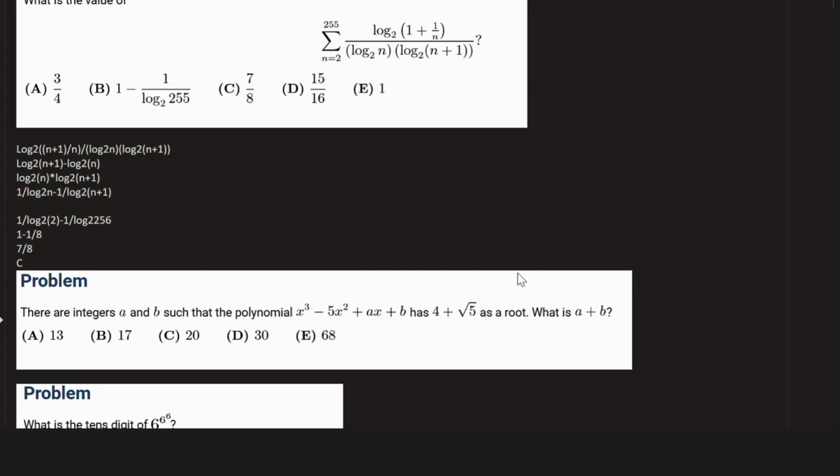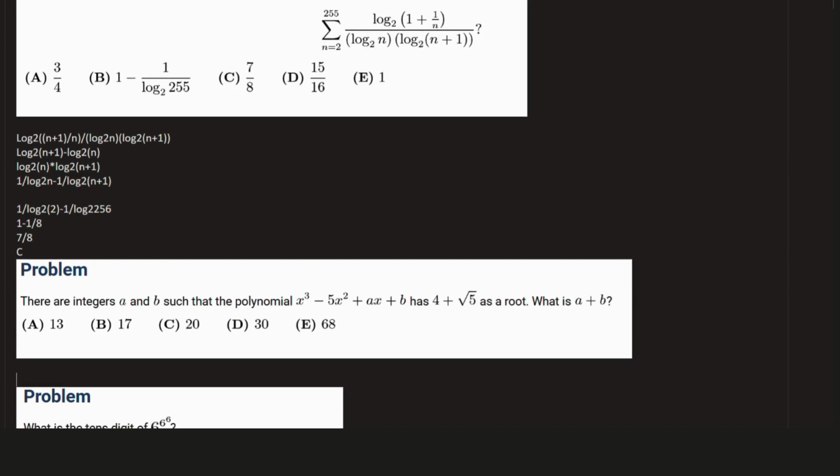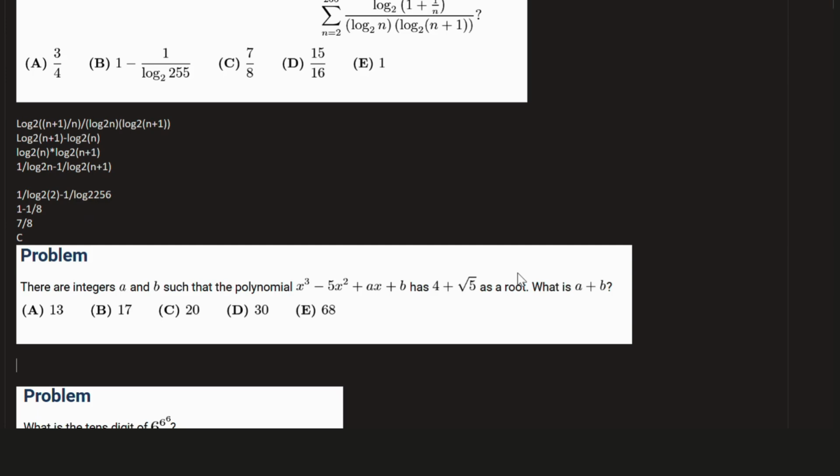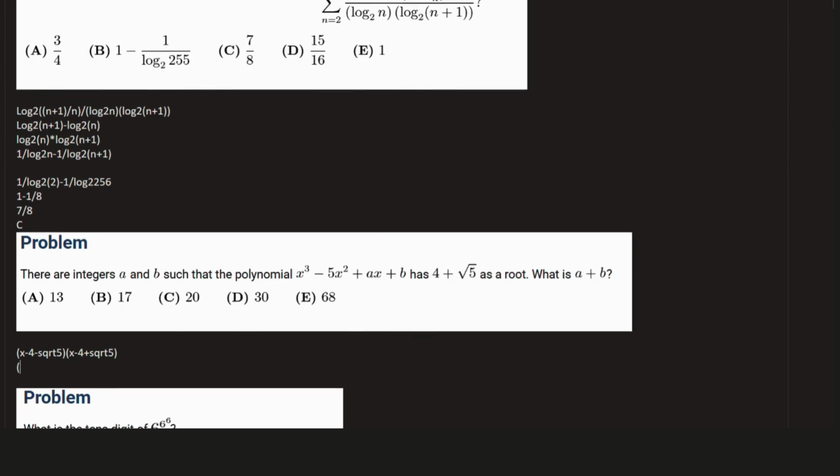Moving on to the next question, we have that all of these have to be integers, that this is a polynomial with integer coefficients. So for 4 plus root 5 to be a root, we need that 4 minus root 5, as its conjugate, has to be there, or else it'll have irrational numbers as its coefficients. So we have x minus 4 minus root 5 times x minus 4 plus square root of 5, so that we can use the difference of squares to get rid of the square root of 5. This simplifies to x squared minus 8x